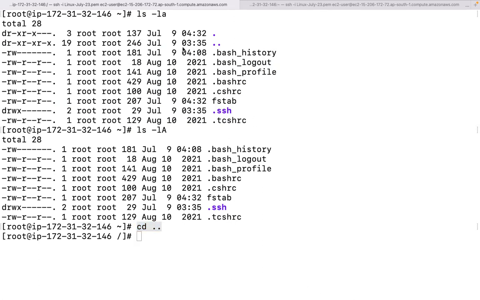Whoever has gone through the Windows operating system must definitely have executed this command, and the command is cd dot dot, with a space between cd and dot dot. It means to go back to our previous directory, one directory back. Now, if I run the command cd, what does that mean? Wherever I am, let us say I am somewhere here, /etc/sysconfig/